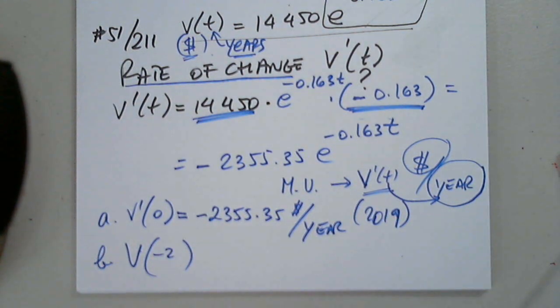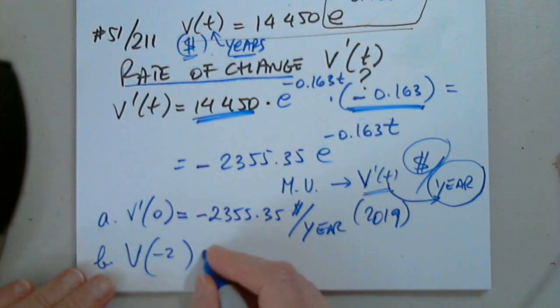So let's plug it in. Thank you very much. So where is my calculator? Okay, so 14450. That's why I'd like to have the function in there so I can check, plug it in and not have to enter it all the time. But it's one value, that's okay. So because I know it's negative times negative, so it's going to be 2 times 0.163. So I don't have to crunch 2 negatives in there. And this is 20,019.25. As expected,